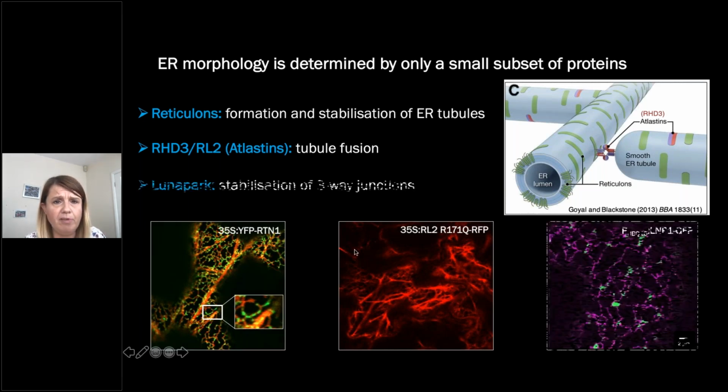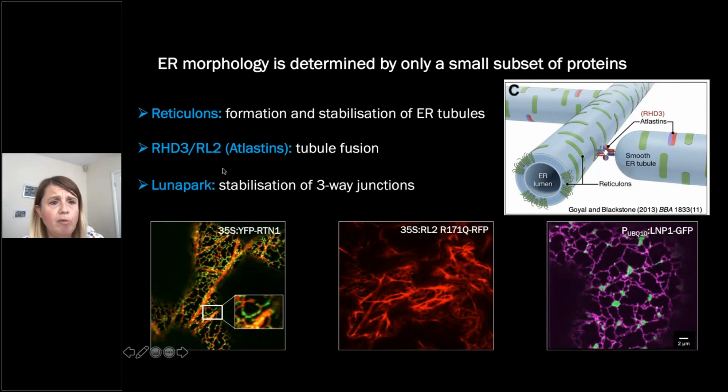And the final group of proteins known to be involved in ER morphology are the lunapark proteins, of which there are 2 in Arabidopsis. And these are involved in the stabilization of 3-way junctions. And when we overexpress lunapark 1, we get localization of lunapark at the 3-way junctions, and we get this proliferation of sheets at the junction regions. Okay, so